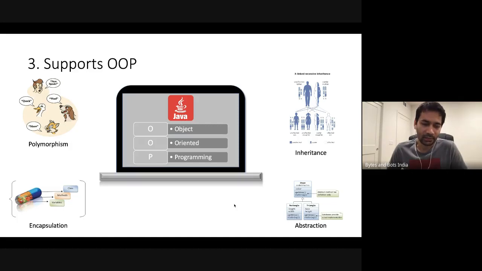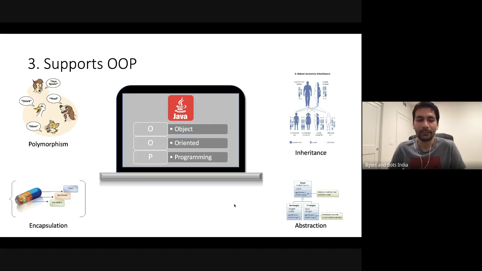Next is encapsulation. It's a very interesting, subtle and powerful feature of OOP. When we drive a car, we don't have to know how the engine is working, how fuel is being injected, how the exhaust or the catalytic converter works. We don't have to know anything about it. What we have to know is how to use a steering wheel, gas pedal and brakes.